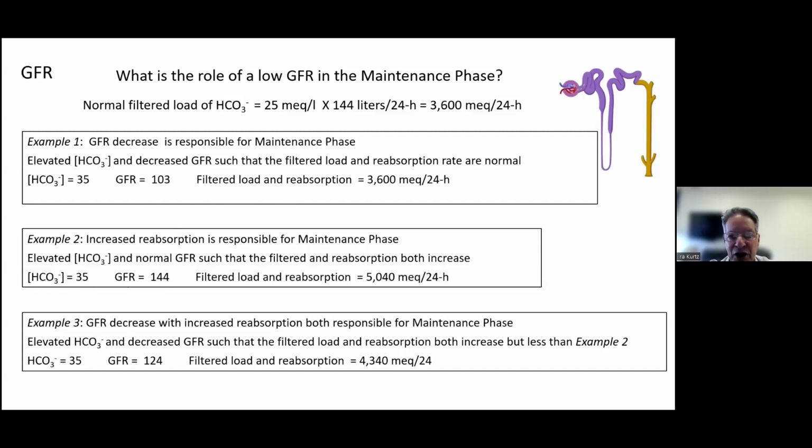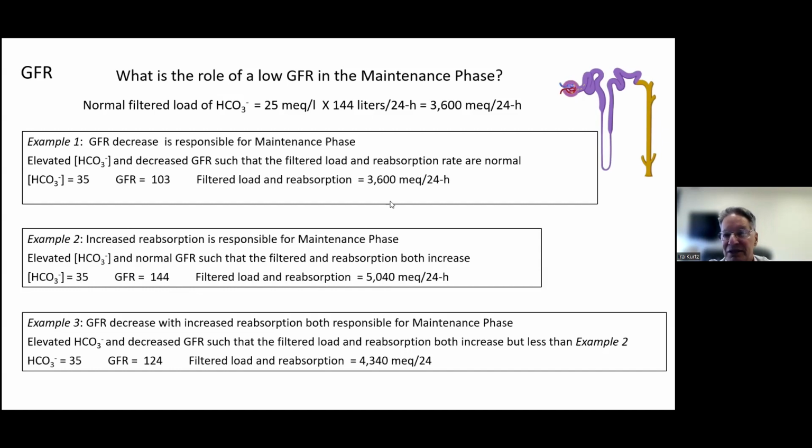They have a normal GFR, but their bicarbonate's elevated. Well, there, the maintenance cannot be due to a lowered GFR. The filtered load here, if anything, and the reabsorption are much higher. Multiply 35 times 144, you get a filtered load of 5,000. So the reabsorption must be 5,000. So here we have the maintenance not due to anything other than that the nephron is absorbing more bicarbonate than